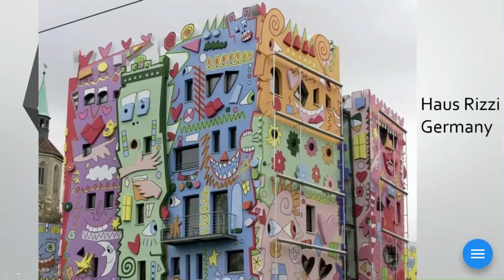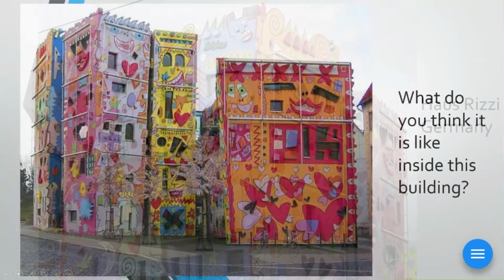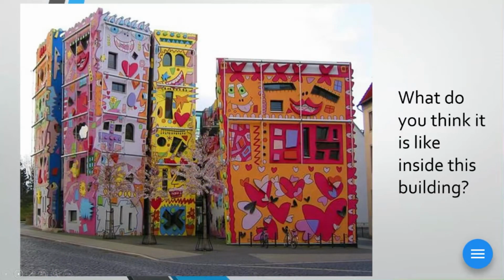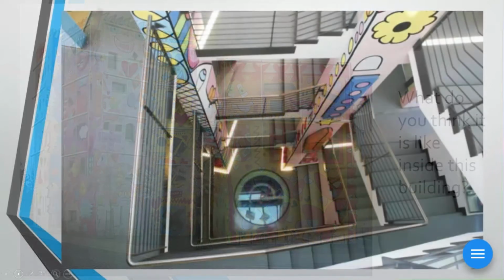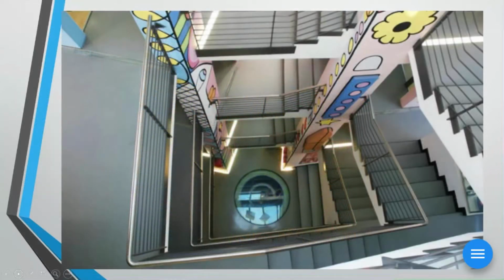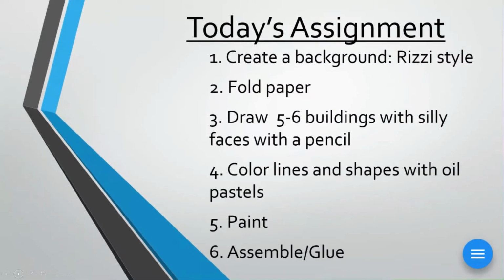Well, you know James Rizzi has a soft spot for the 3D. So look at this awesome building that's in Germany that's in his style. Oh my gosh, how fun it would be to visit this, or if it's a hotel, maybe stay in it. Here's another view of the block where you can see it from a slightly different angle. And then this is what it looks like on the inside. Still fun and has that pop art spirit in it.